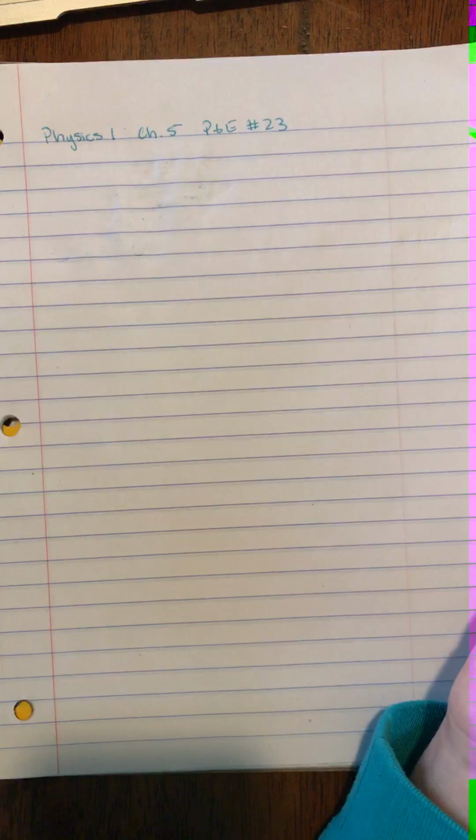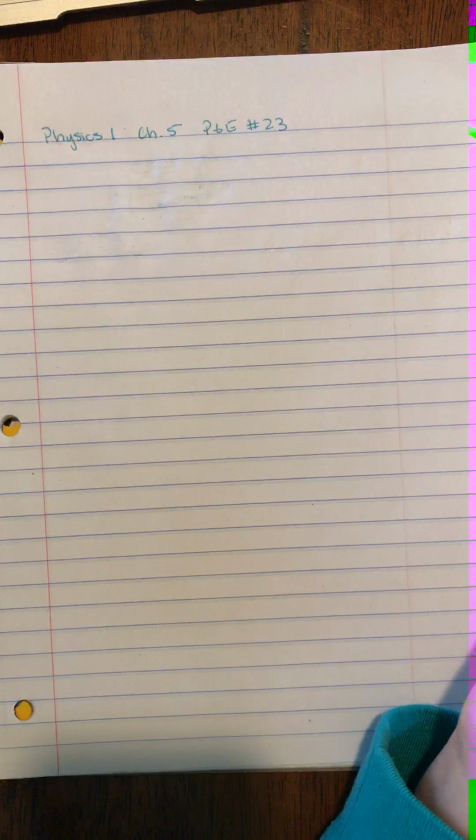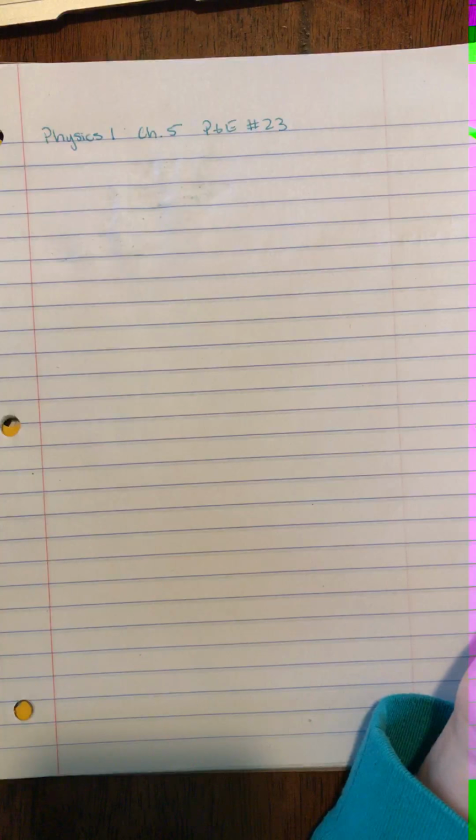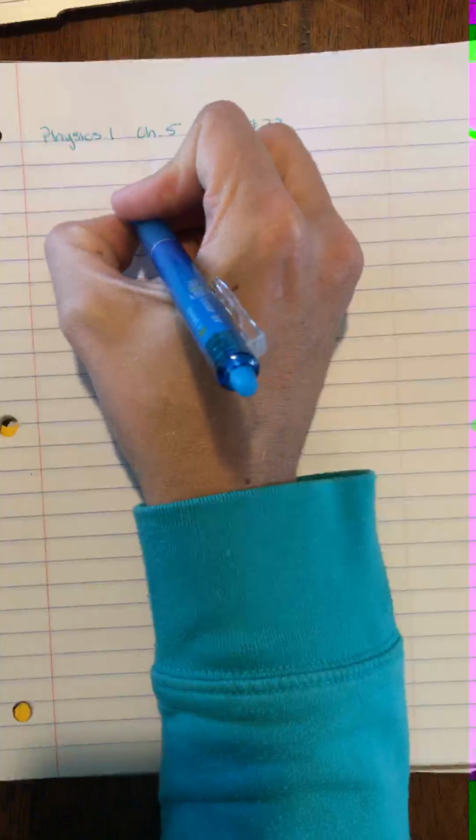All right, so I'm going to go ahead and go through number 23 from the Physics 1 textbook in Chapter 5. And this one starts out by saying that in order for a car to maintain a constant speed,